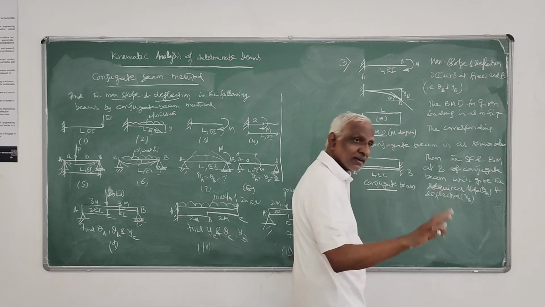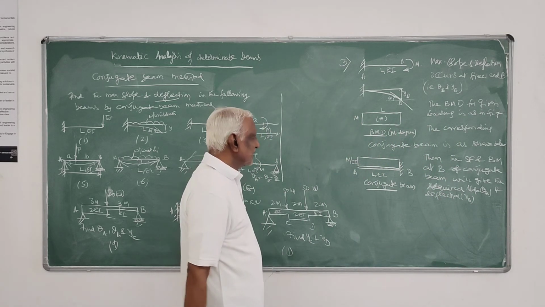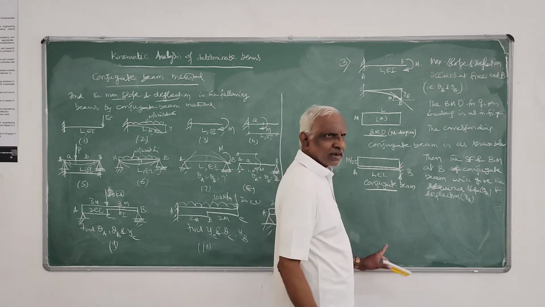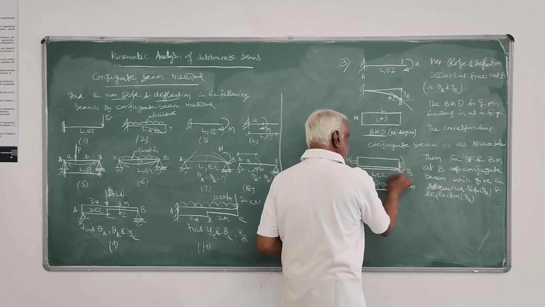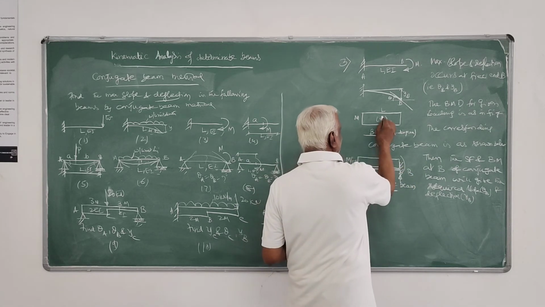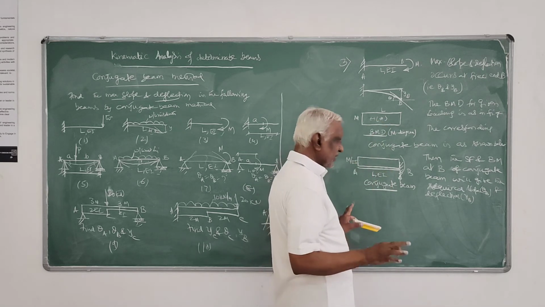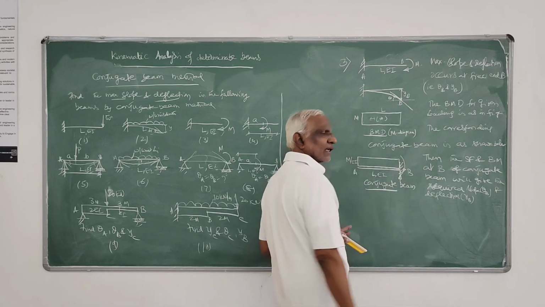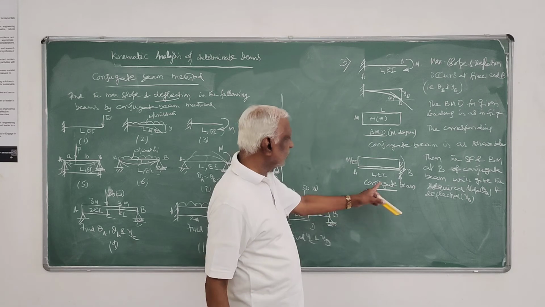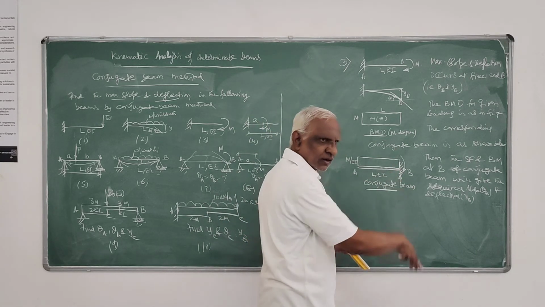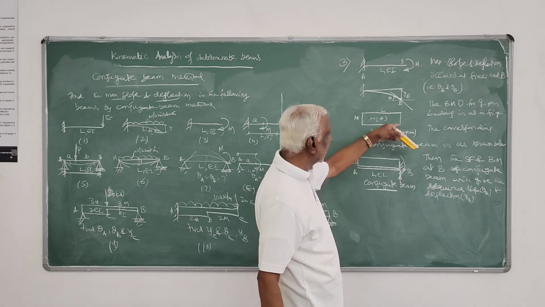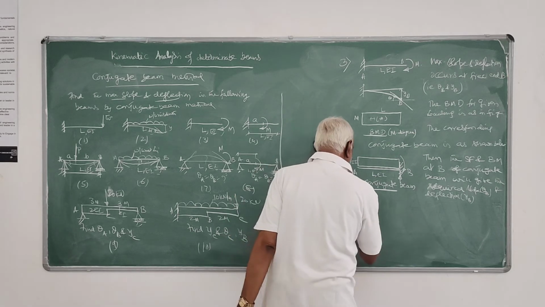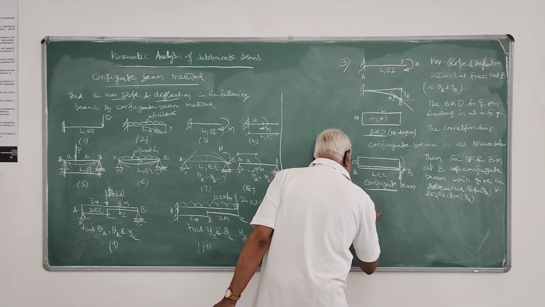So now you determine the slope and deflection. That means you have to find the shear force, that's the reaction, and the bending moment. Because this diagram is negative, don't bother about its sign. You take it in the clockwise direction. So the slope also has to be downward only, or upward in the opposite direction. Therefore, theta B is equal to